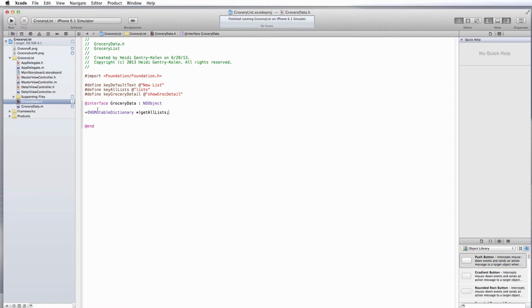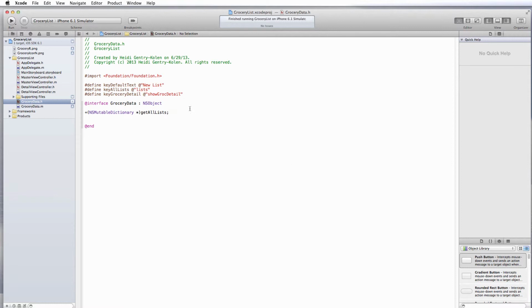Now, whenever you see the word mutable inside any of your keywords in Objective-C, you know that means it's something that can change. So what this tells me is that we're creating a dictionary named getAllLists, and we can change the data that lives inside.